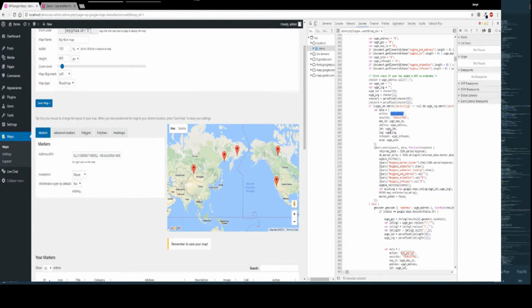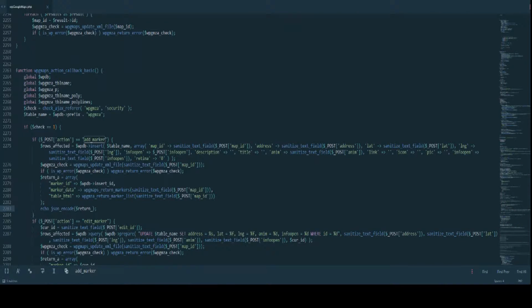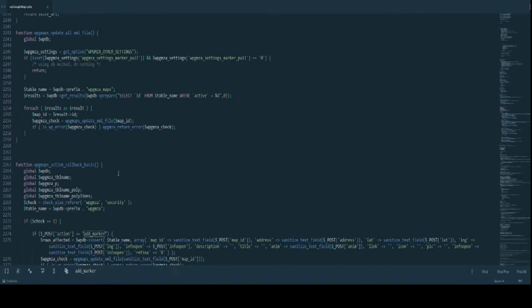So this seems to be done in the add_marker action. You're going to ideally look for this now in your PHP code. So in this case, we now know what the issue is. We're going to open the plugins PHP file, as we have here,